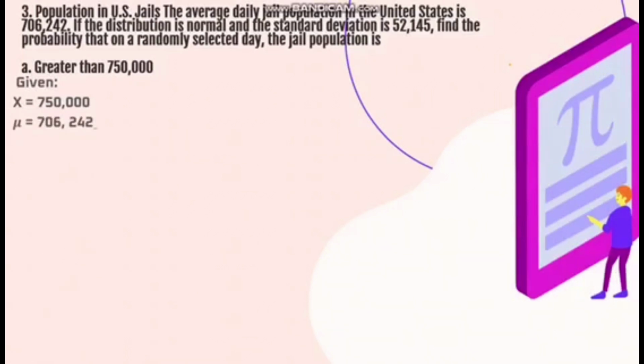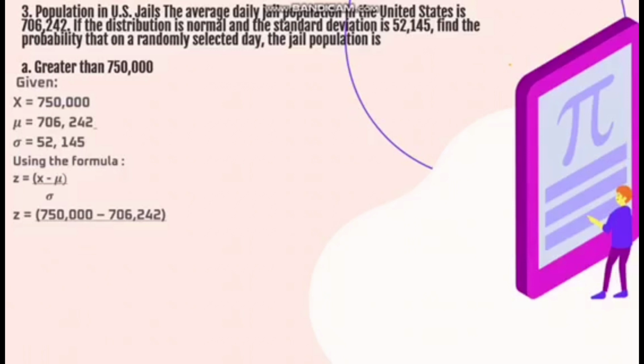The mean is 706,242, and the standard deviation is equal to 52,145. Using the formula, z is equal to x minus the mean all over the standard deviation. Z is equal to 750,000 minus 706,242 all over 52,145 is equal to